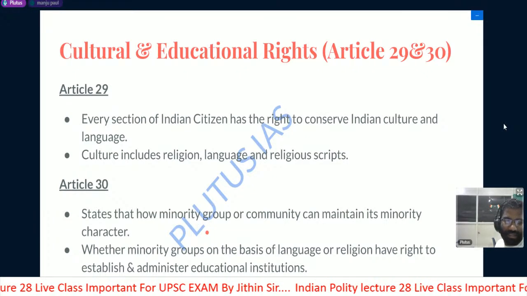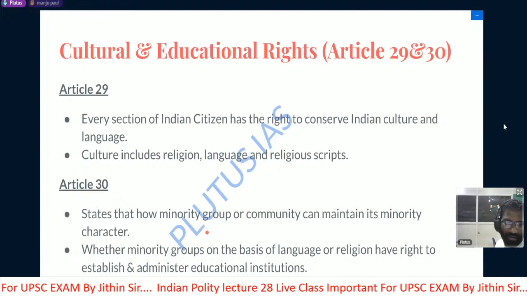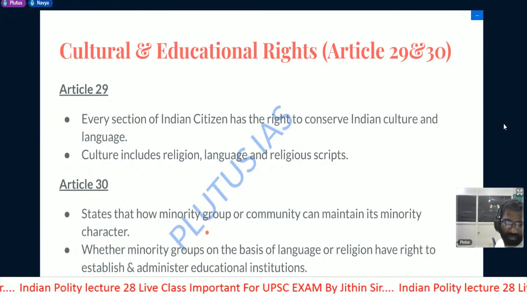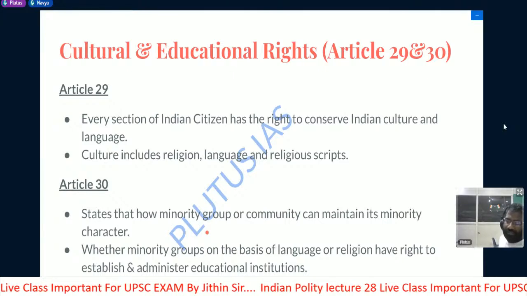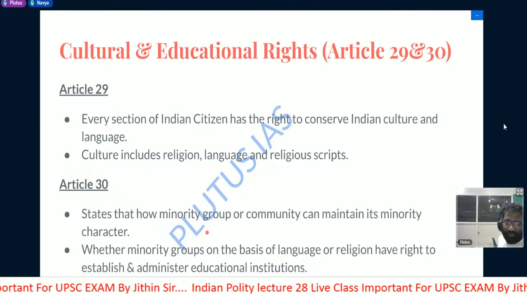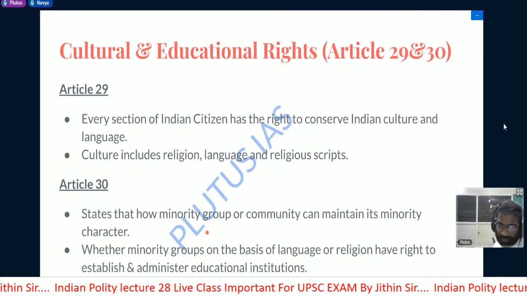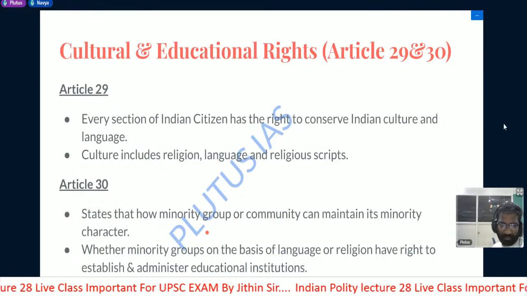Navia, what is Article 16 of Indian Constitution? Navia, unmute yourself fast. Yes, Article 16 of Indian Constitution states that no one can be discriminated against on the basis of place of birth, religion, caste, gender,